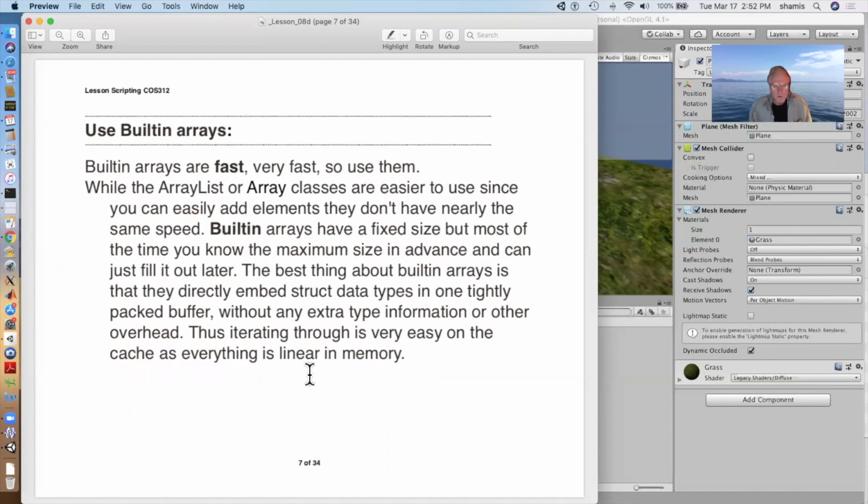Another is to use the built-in arrays. I know in C# there's an Array class, a round bracket array class, that has a lot of tools that let you add, push, and pop and do other things with it. The built-in arrays don't have those tools. They're fixed size. We have to specify a size, and this makes them much more efficient in that